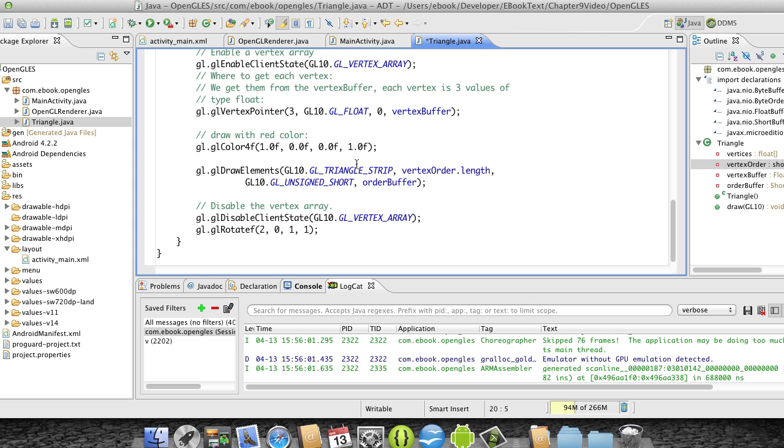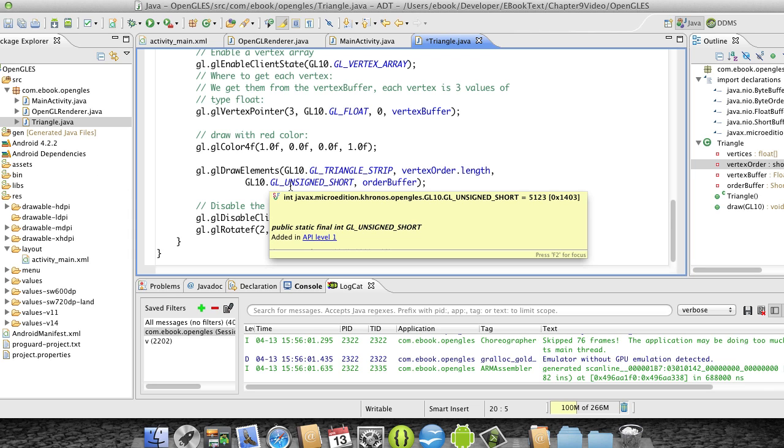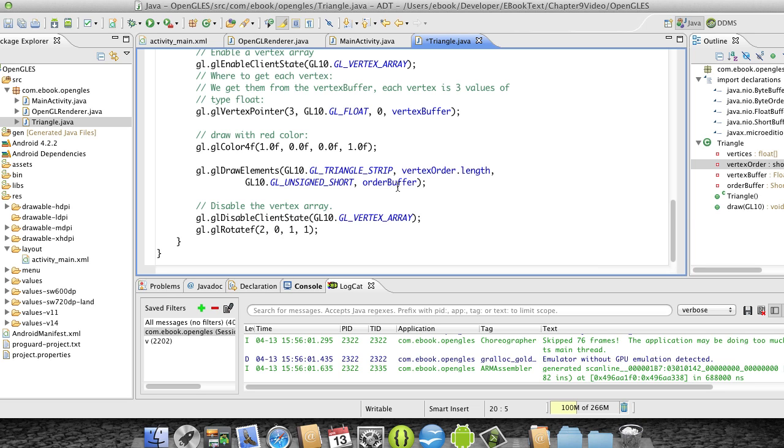So draw them as a strip with the length of vertex order, with all of the values as unsigned shorts in the vertex order array, and then use the order buffer to establish the order in which I'm going to draw my elements. Then I disable the vertex array, and then I apply a rotation transformation,